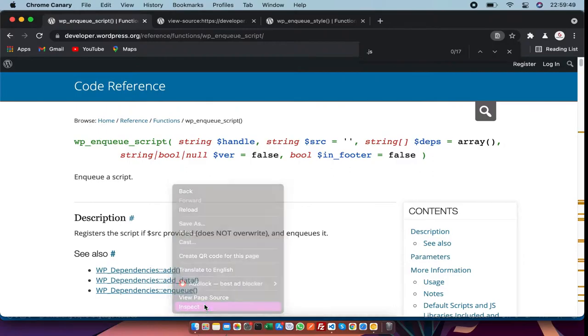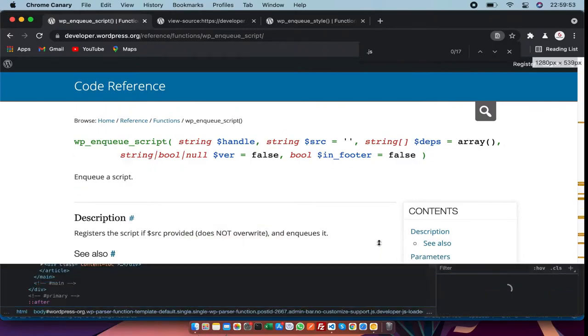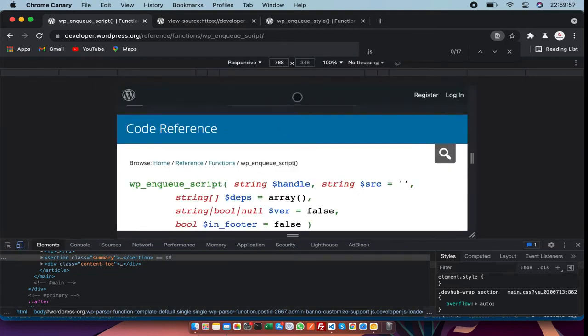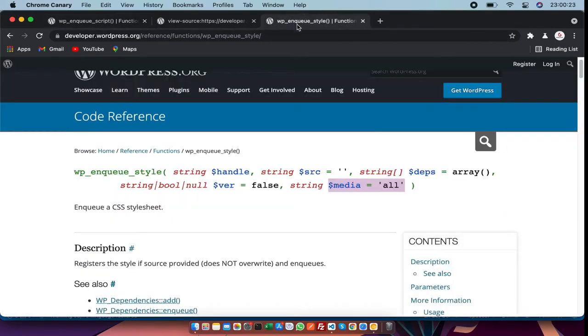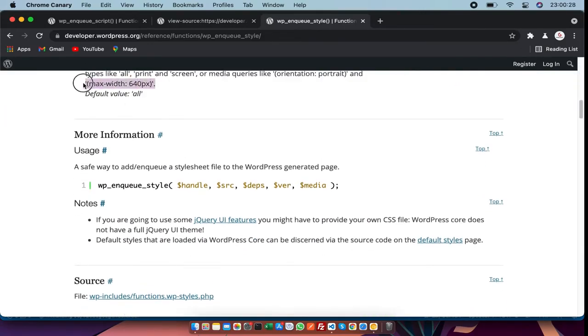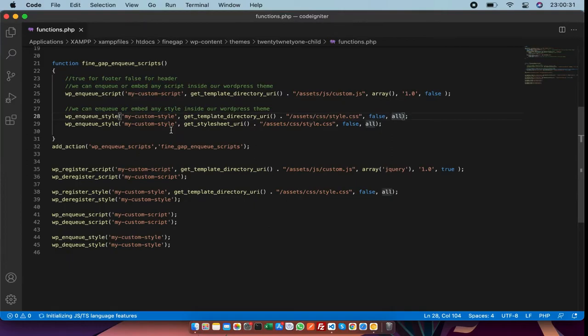If we open inspect and switch to mobile mode, then you can see the resolution of the screen is 768. So if we want to use it above the 768 screen, then we can use it. For example, we can write it like that. So I think this difference is enough for you.